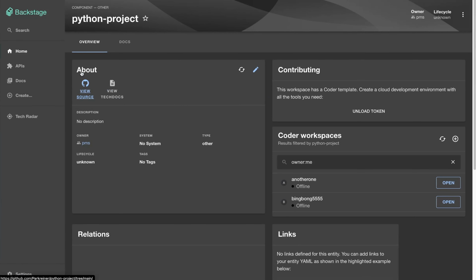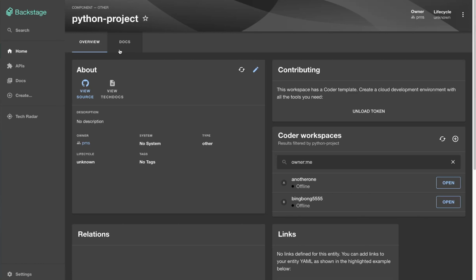And what we've added as part of our Coder integration is these two cards here. The first one lets you authenticate with your Coder account, and the second one shows you any Coder workspaces that you have that match and are compatible with doing this development. So in a typical development workflow, someone would go in, they would discover a service in their catalog, and they would have to go into the source code, manually clone it, follow maybe some documentation to get set